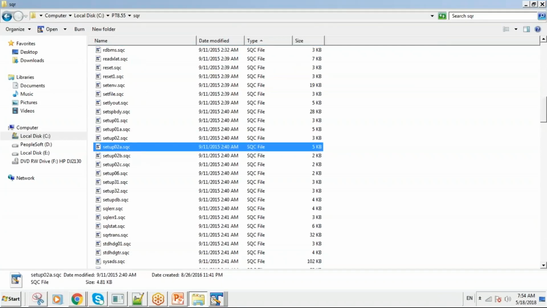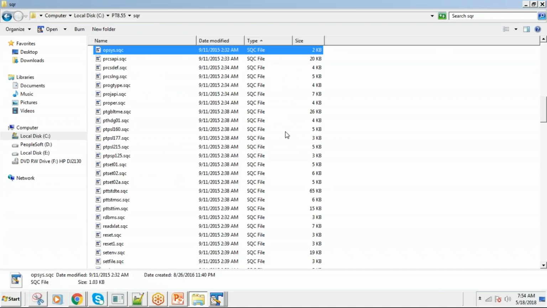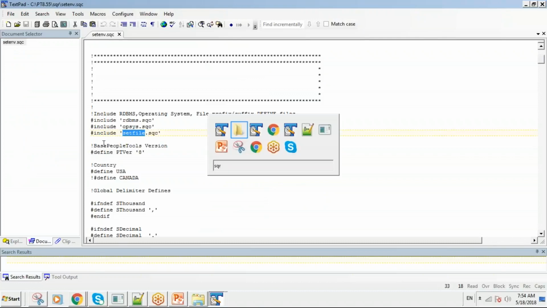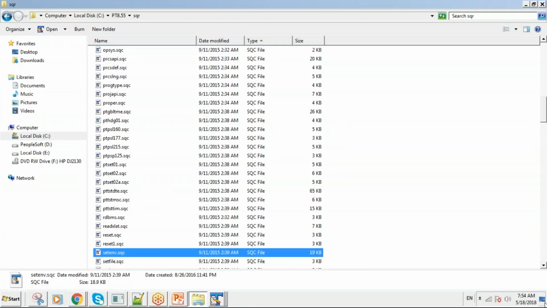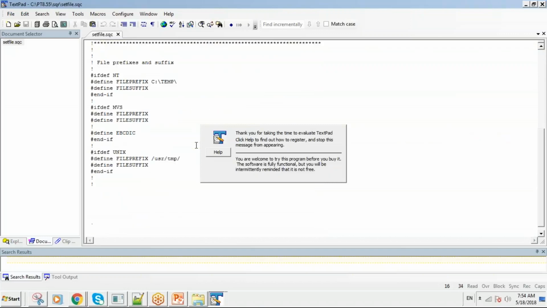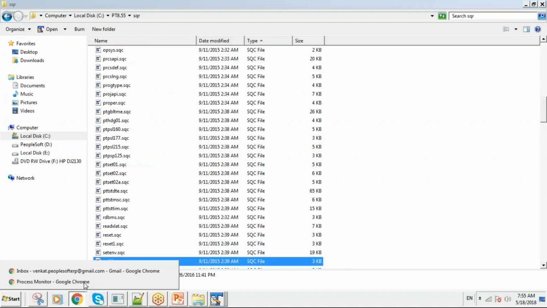Next, operating system. Here, NT, Windows environment, no Unix available. One more SQC it is calling, setfile. If you open this SQC, if you are using any file commands, it will generate the file prefix, like C temp. Now try to open the